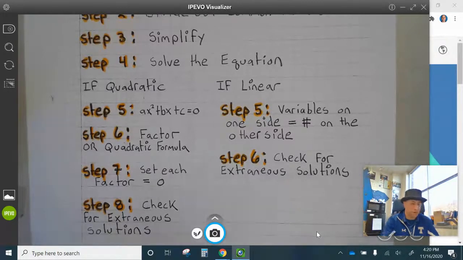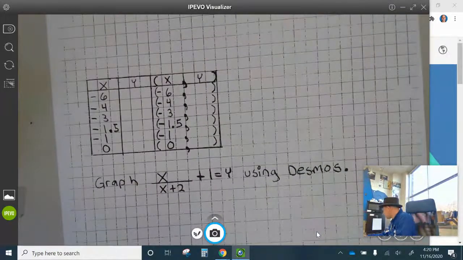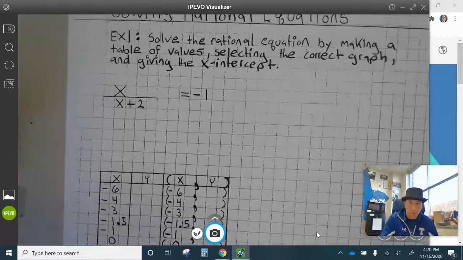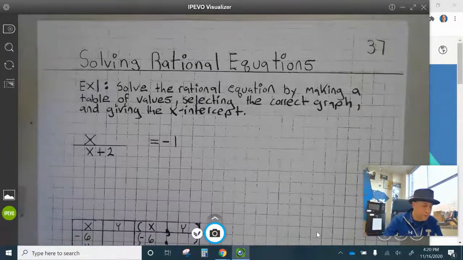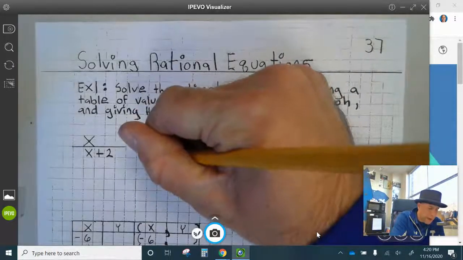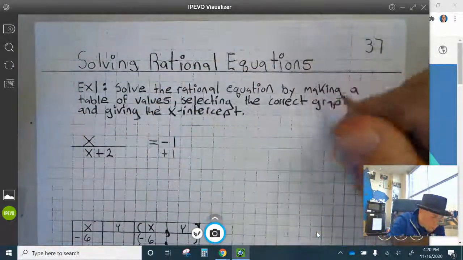Okay, if you would, update your notes. Now let's take a look at our examples. Example 1, solve the rational equation by making a table of values, selecting the correct graph, and giving the x-intercepts, okay? So the first thing we need to do is we need to add 1 to both sides,